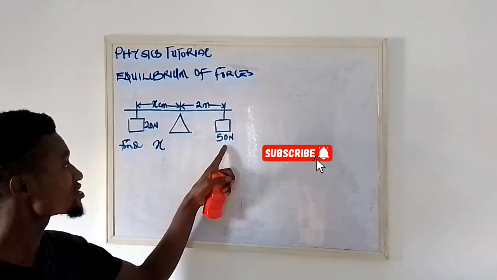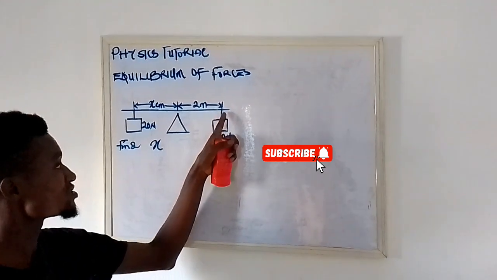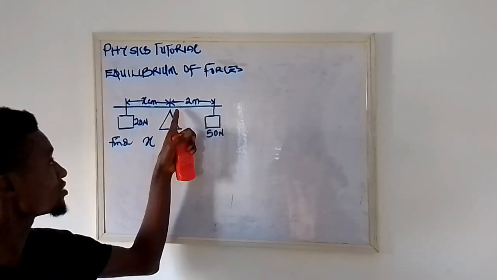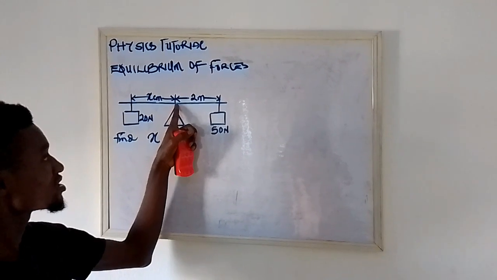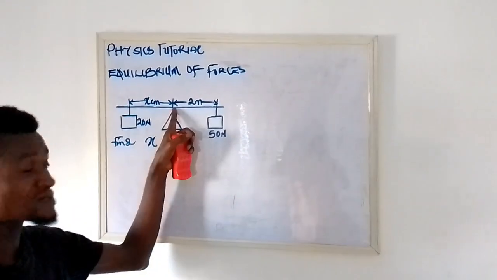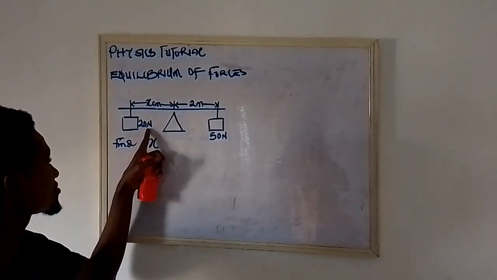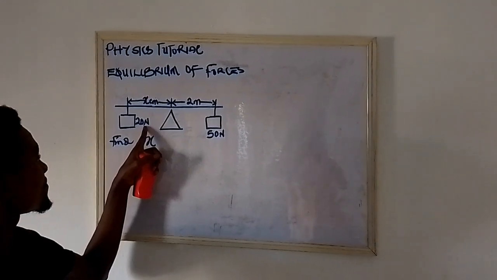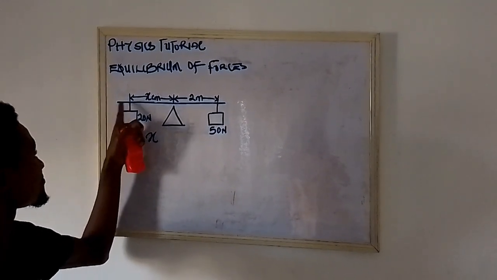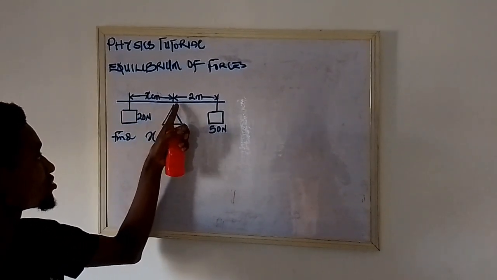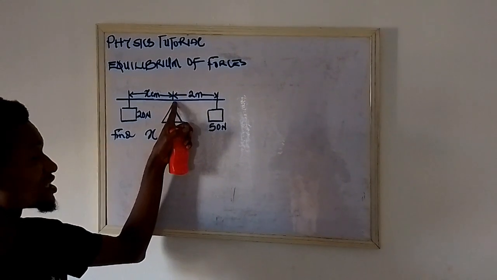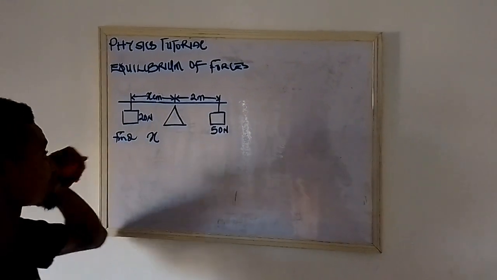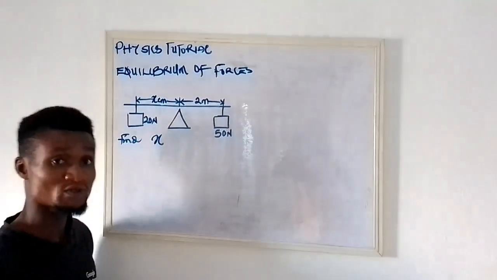Now the 50 Newton mass is covering the distance from this point in the meter rule to a certain point where the knife edge is being placed. And then the 20 Newton mass is also covering from this point to a certain point where the knife edge has been placed. So according to the principle of moment,